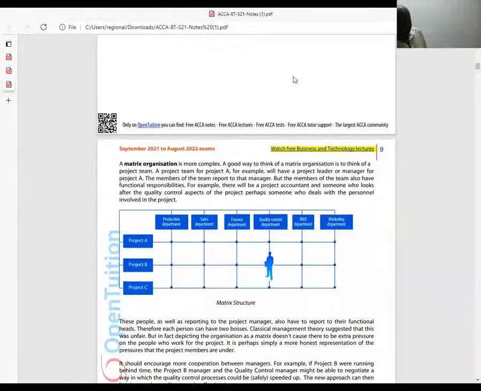I don't know whether there is anybody, ladies and gentlemen, who has ever come across this matrix thing where you report to two bosses. You are reporting here to how many bosses? You are reporting to two bosses. This happens every day in my organization.